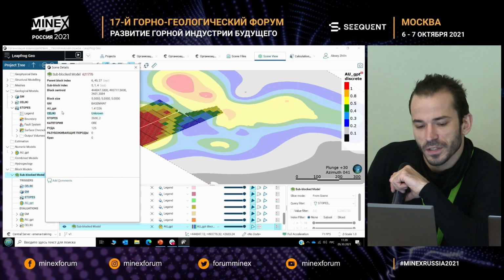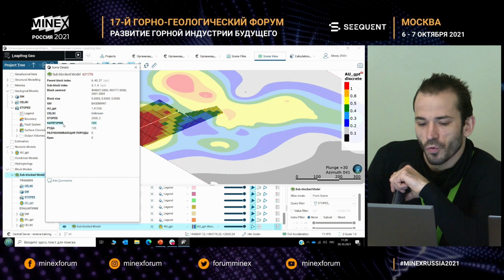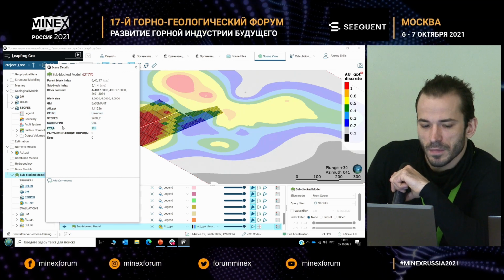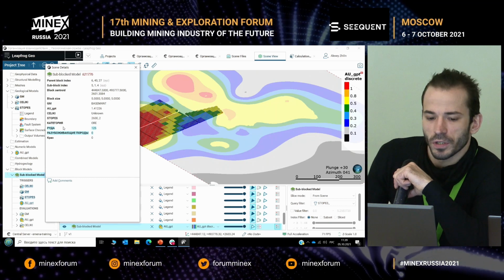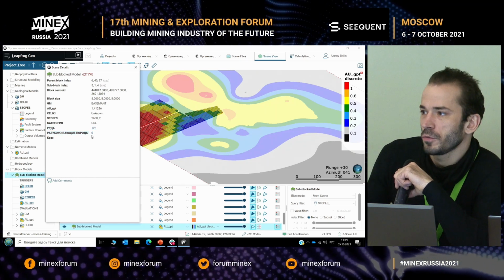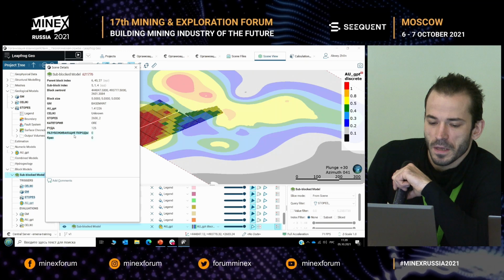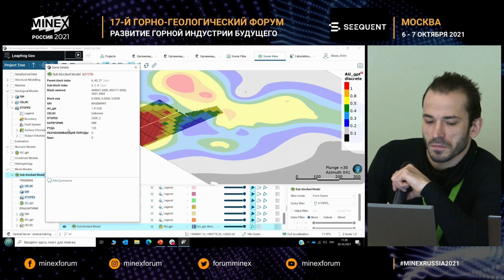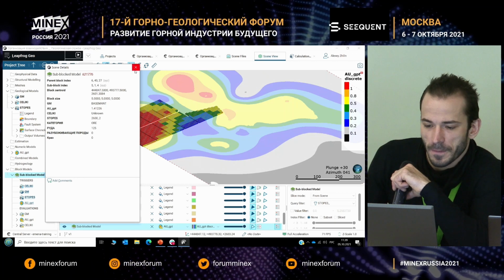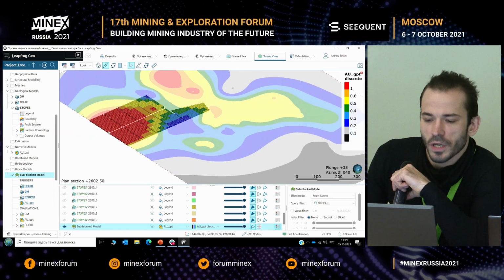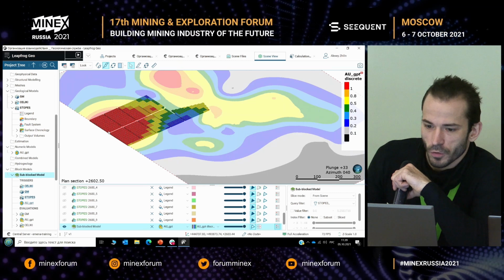Every block depends on the certain activity and is characterized as ore or non-ore. Also, we have calculations on the content of the ore and the other rocks, and we can calculate the coefficient.